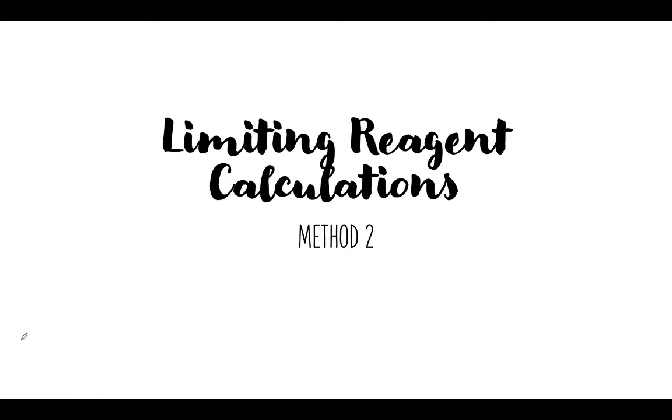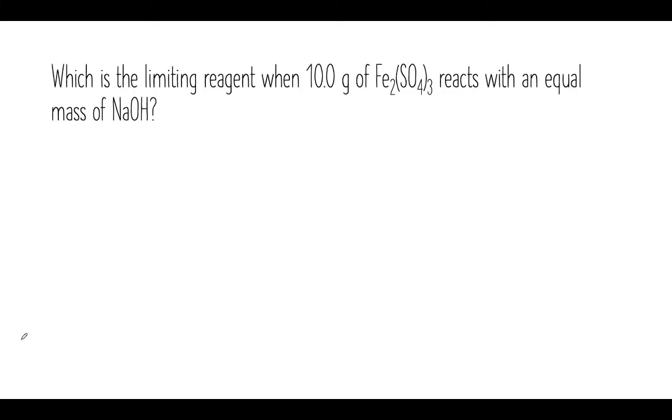Okay, in this video, we're gonna go through our second method on how to find the limiting reagent. We're gonna use the exact same questions as we did for method 1. The only thing that's going to be different is that I'm not going to ask you to find the mass of the product. The only reason we're not doing it is because we've already done it for those questions in method 1. So the only part that's different is we're just going through the process on how to find the limiting reagent, and then you'd use the moles of those products to be then used to find the mass